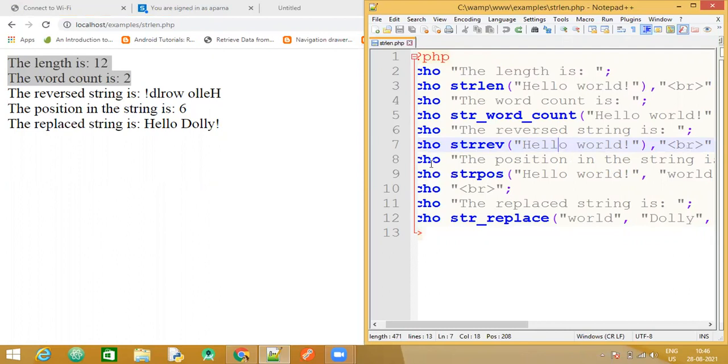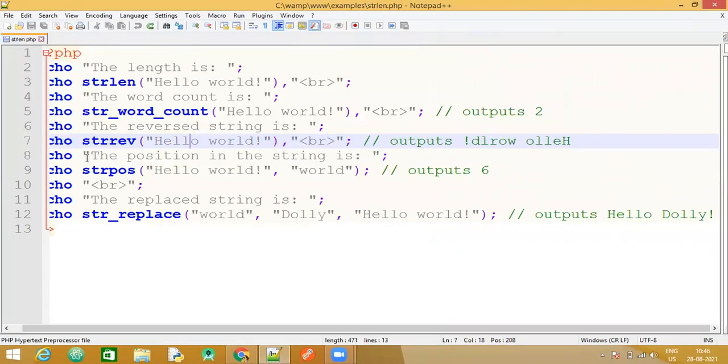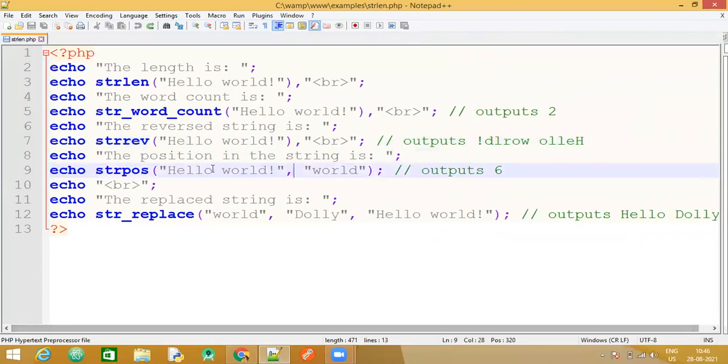Then we have the next one to find the position. Let me just expand this. So next we have the position in the string. So the function for this is string position, strpos. So this will return the position of the particular string that you have passed. This function takes two parameters, like you can see here.